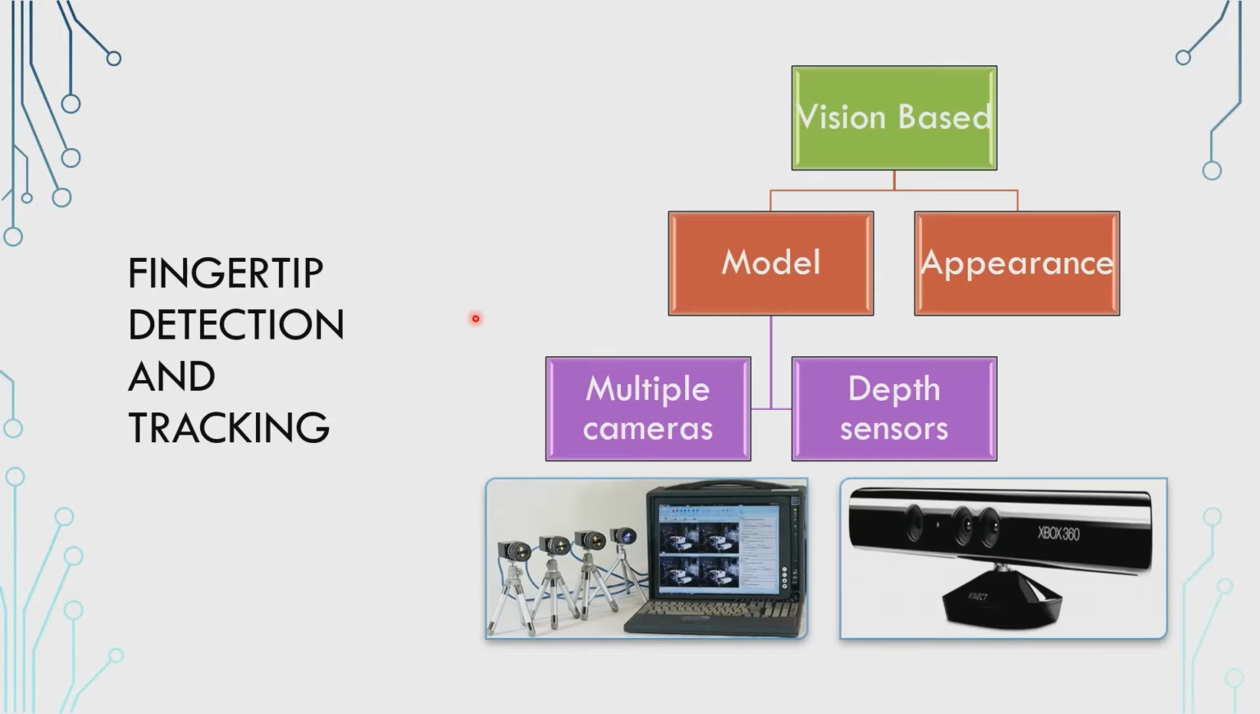So as you can see in this diagram, model-based systems are created using multiple cameras or depth sensors. A popular depth sensor is Microsoft's Kinect, which has been discontinued since 2017. Now, the problem with model-based approaches is the number of devices being used and the availability of these devices, as well as the cost. So, for example, in a system which uses multiple cameras, it's going to restrict the region